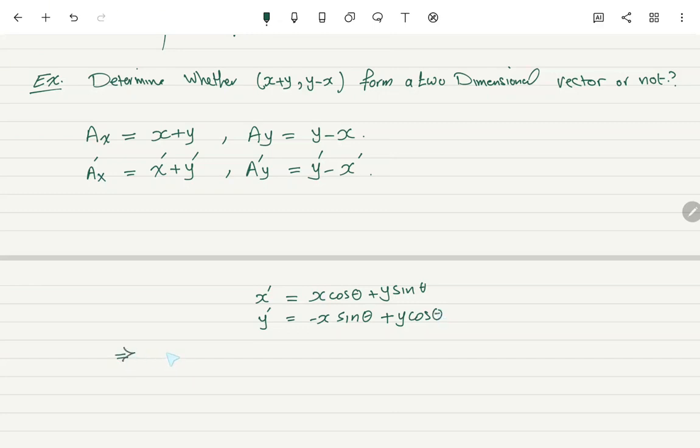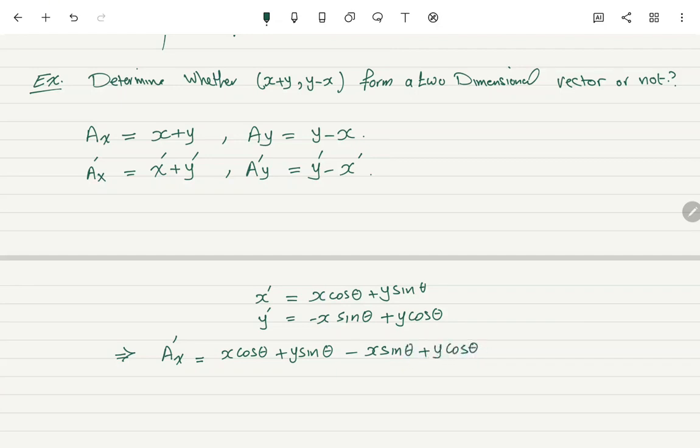Therefore, ax prime equal to x cosine theta plus y sine theta minus x sine theta plus y cosine theta,